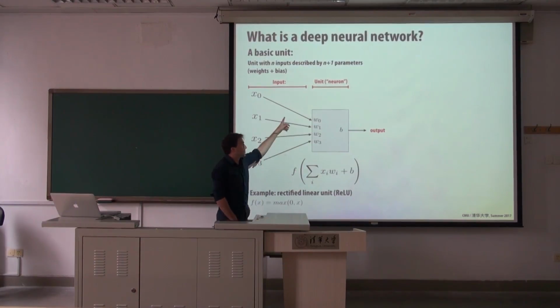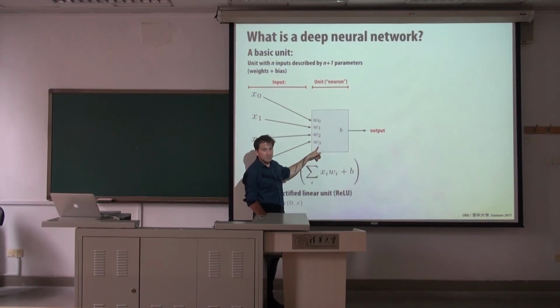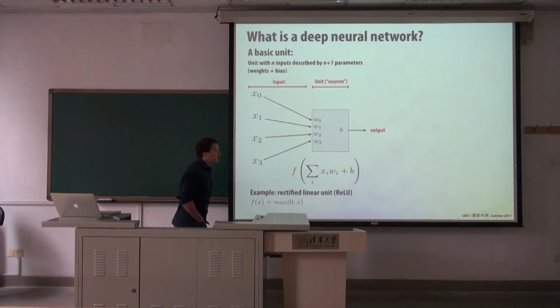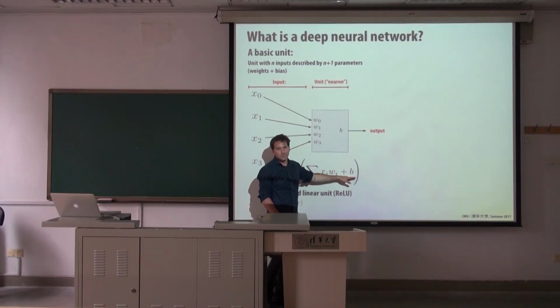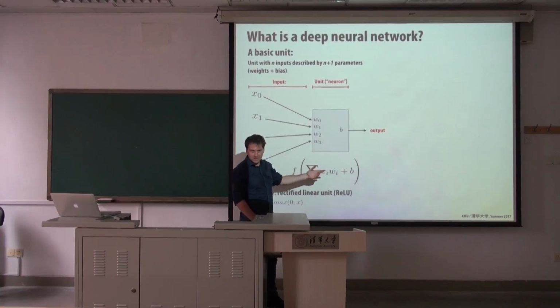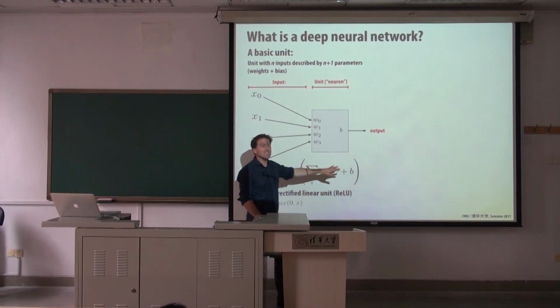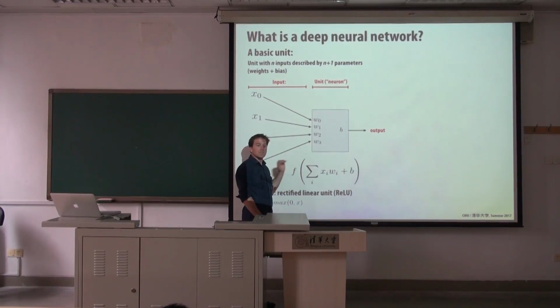And my unit is going to perform this basic operation. Okay? So it's going to take 4 numbers as input. It's going to multiply those 4 numbers by 4 constants. And I'm going to call those constants my weights, or my parameters. So I listed them here as W0, W1, W2, W3. And then I'm going to add in an offset, often called a bias. So that's why I called it B. So this circuit is going to compute x0 times w0 plus x1 times w1, add in b,